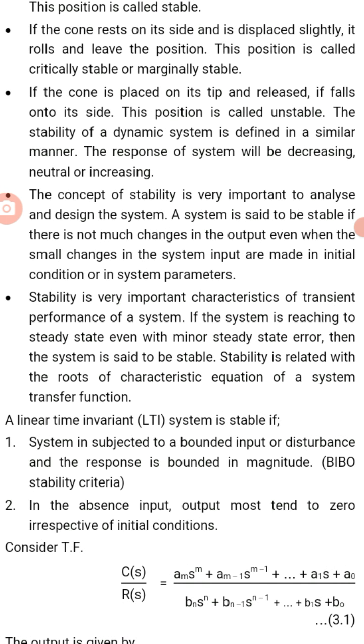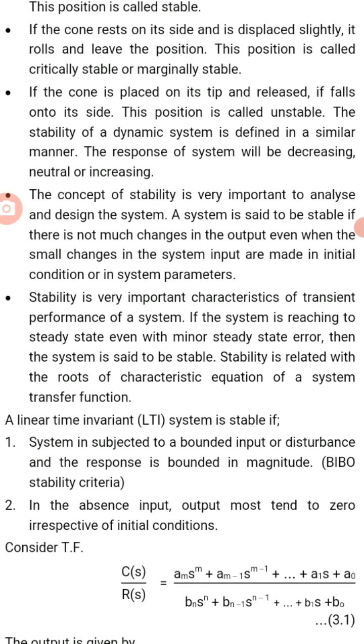So, as I told you, if there is little change in the input parameter, the output should not change largely, and that system is called a stable system. Hence, everybody is trying to design a stable system. Stable system means what? Corresponding to one input, if an amplifier is there, the output will be 10, say. Corresponding to 2 input, the amplifier's output will be 20. Corresponding to 3 input, output will be 30. Corresponding to 4 input, output will be 40, and so on.